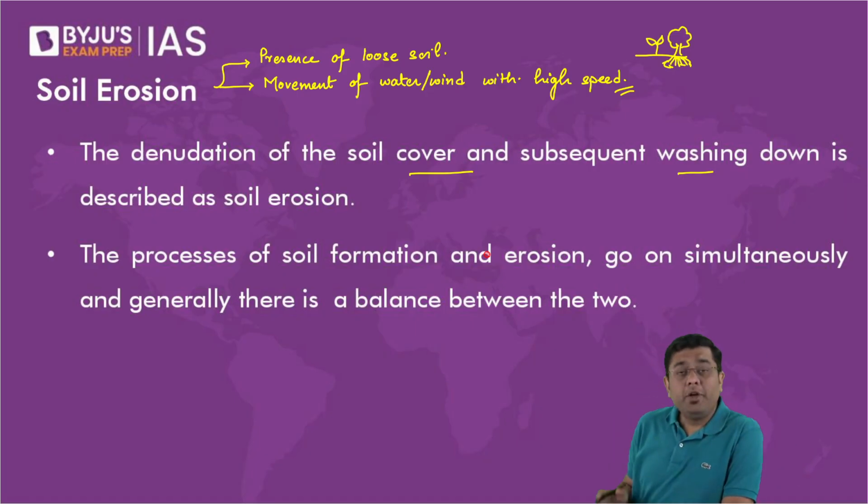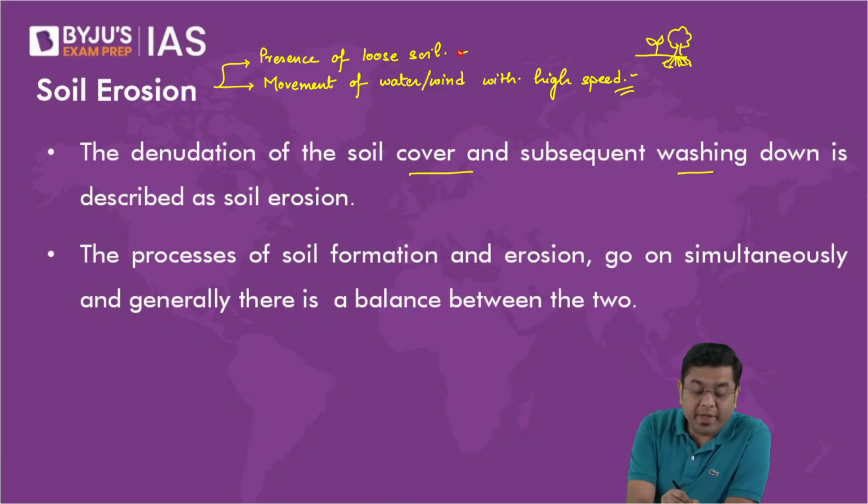Okay, now in order to prevent soil erosion, what you need to do? If you know the reason why that erosion is happening, automatically you will also be able to conclude how to prevent that soil erosion. So how will you prevent soil erosion? By tackling these two reasons. That is presence of loose soil. So loose soil is present where? Wherever you have lack of vegetation,